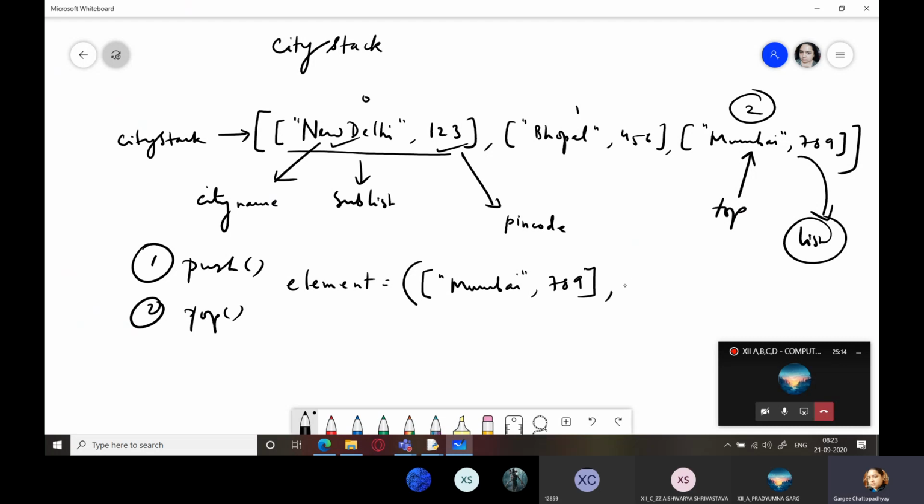And you also have the top. What is the new top? Because the element has been popped, now top will be pointing to 1. So this is what will be returned. This is 0, this is 1. If you want to extract the element, you will be extracting what? Tuple with top stack 0.